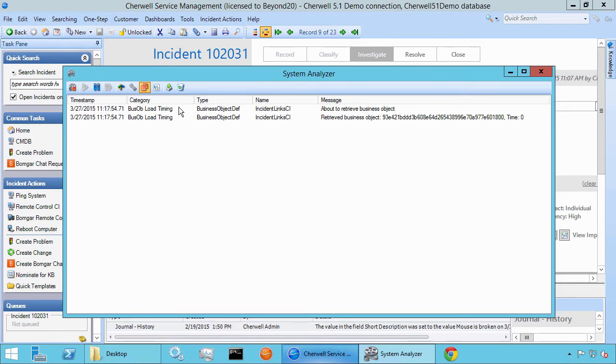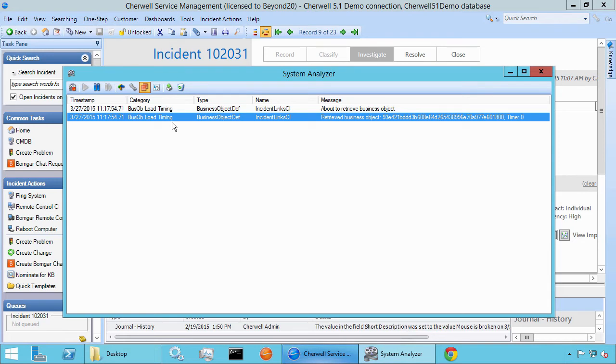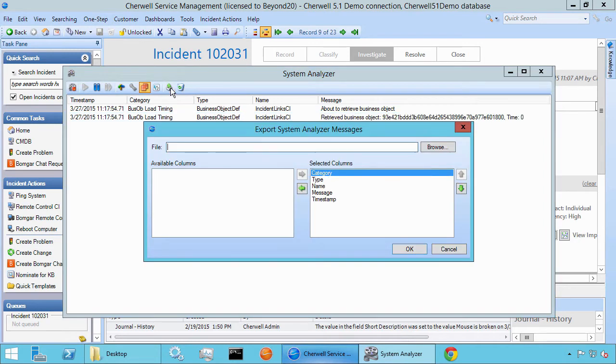You'll see some messages popped up while I was opening up that screen here. After you're working in the System Analyzer for a decent amount of time, there are often quite a few messages that display. You might decide that you want to export this in a CSV and then manipulate that in Excel to get a better idea of what's going on and look into it in a little bit more detail,